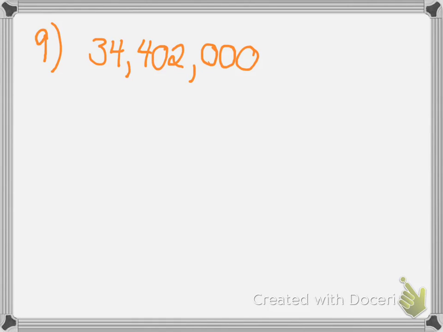The second part of the review talks about scientific notation. For number 9 and 10, they want you to write each number in scientific notation. So you're going to take your decimal and you're going to move it until you find a number between 1 and 10. Which would be right there. So your decimal becomes